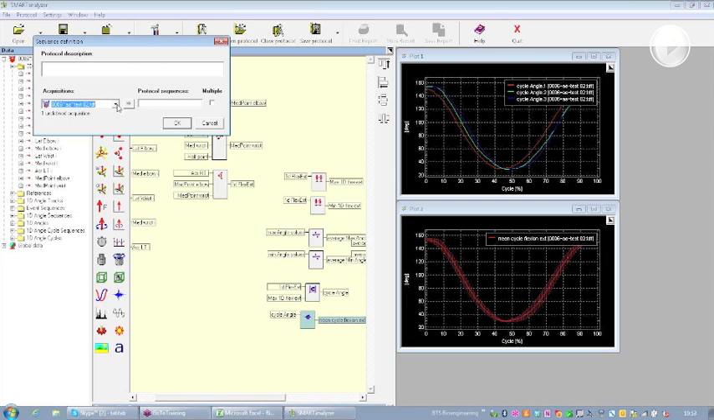Now the software is asking us to tell it the sequence of events that the protocol requires to function in the proper way. In this case, we just need to have a trial of flexion extension. So my protocol sequence is going to be flexion extension